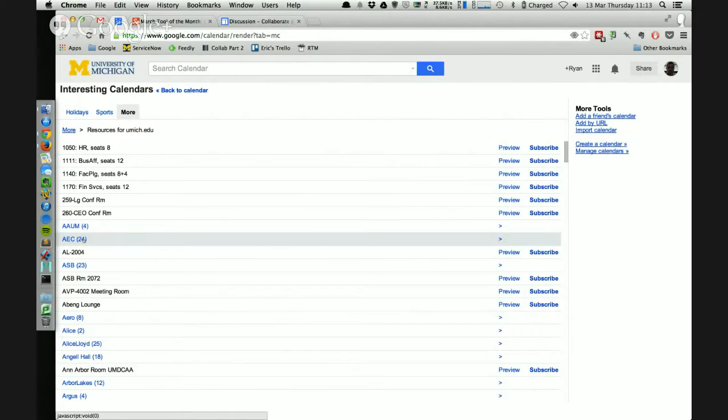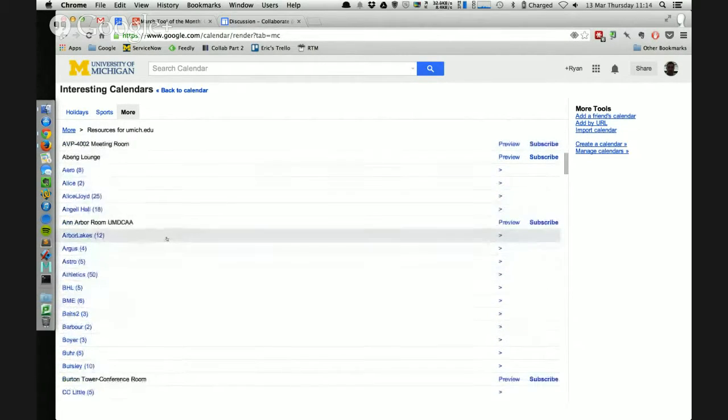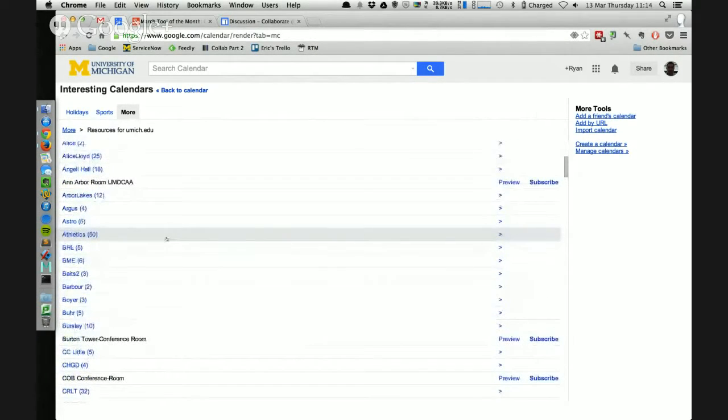AEC, for instance, has lots of buildings, but they have grouped all of their conference rooms under their organization because that's how folks tend to look for things there. What you need to find here first is how that is working for your department. That might be worth a quick chat or an email to the administrative folks in your department because they may know better than you or your coworkers.